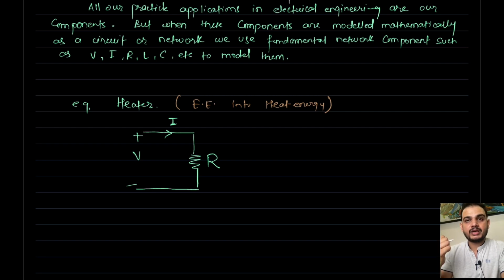That can also be represented with a resistor, because it is giving heat as output. So the iron can also be represented with some resistance. It is highly resistive. Definitely an inductive coil will be there, but it is a highly resistive circuit. Similarly, our heater is a highly resistive circuit. So when we want to represent a heater in the form of some element, we use a resistor.